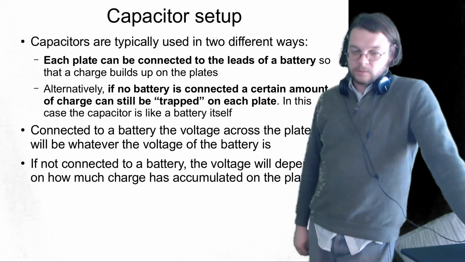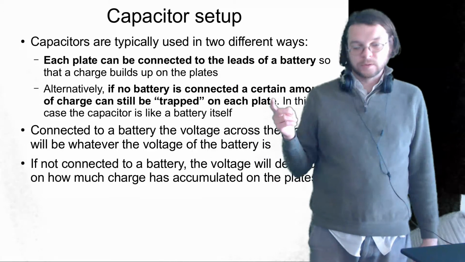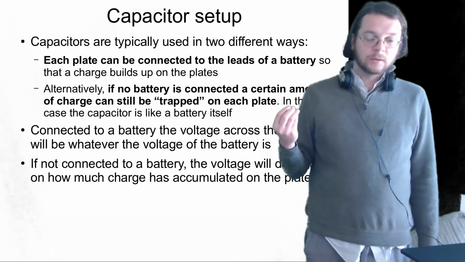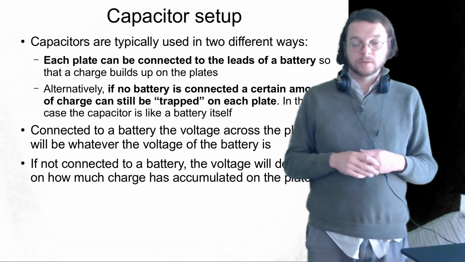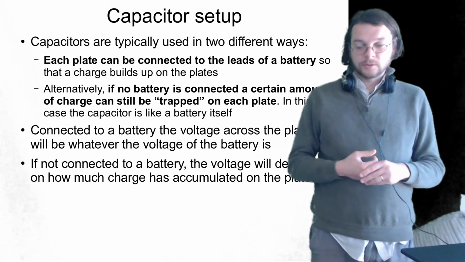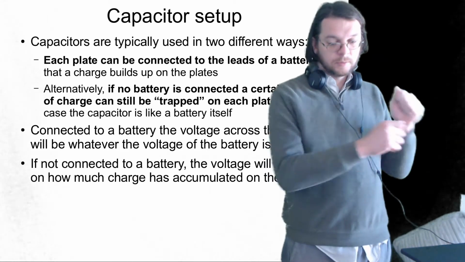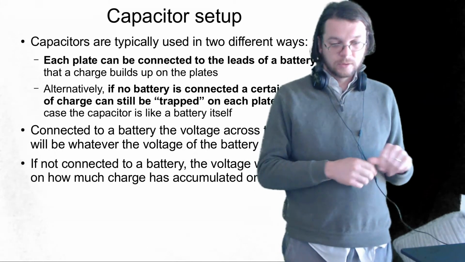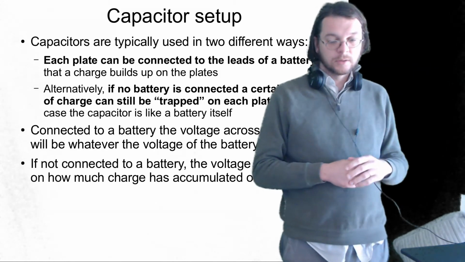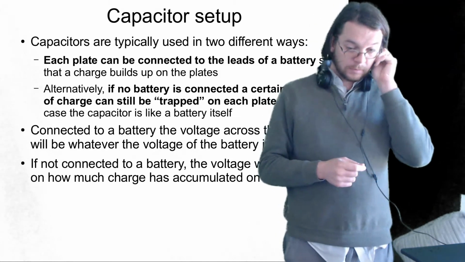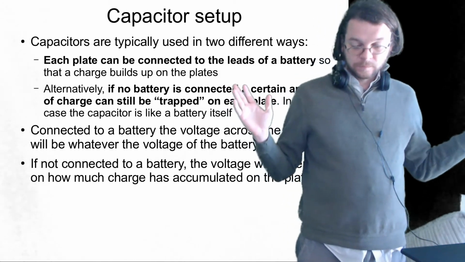There's basically two ways of using a capacitor. One is that you can connect both ends to a battery in order to charge it up. And the other way to do it would be to sort of trap charge on the plates. So if we were in person in the classroom, what I would do is I'd get out one of the capacitors from the lab, and I'd connect it up to this voltage source, and I would put a significant potential difference across the two leads of that capacitor, maybe something like 20 volts,